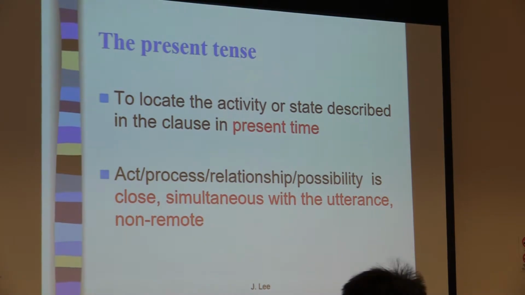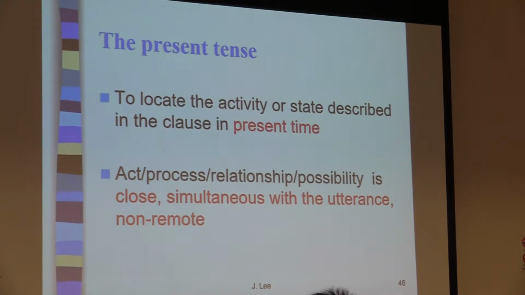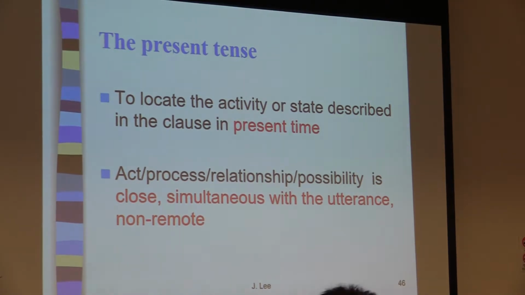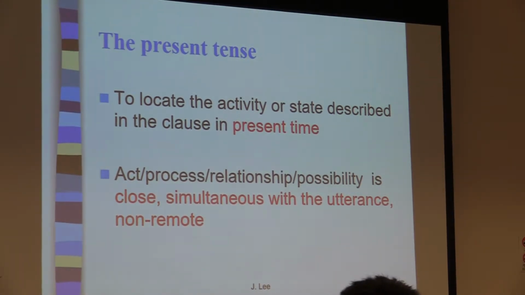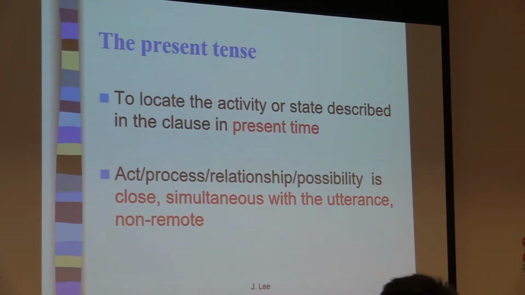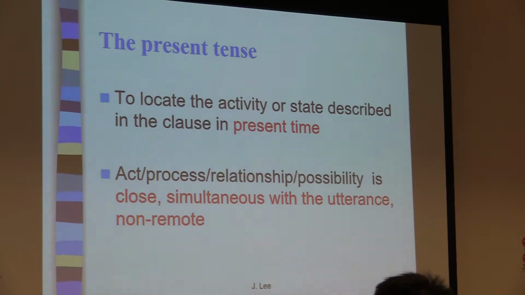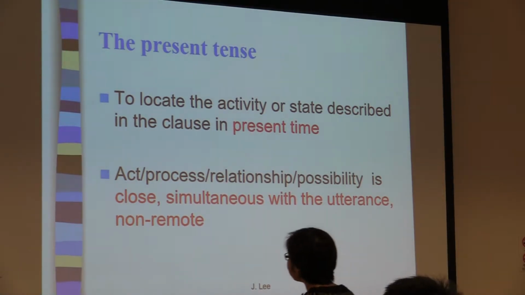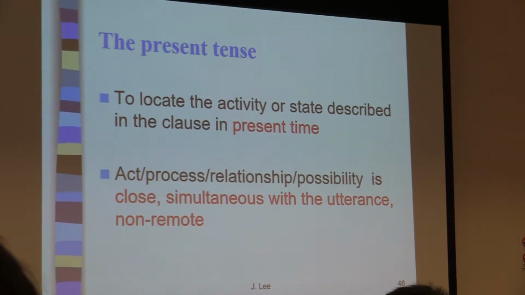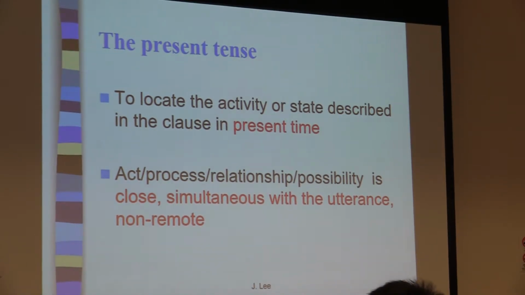And when do we use it? Right, in a commentary. When you're showing how to do something, you won't say, I am adding oil into the wok. So usually you just use the present tense. Okay. So the key point is that it's talking about the present time, something that is valid now. In terms of relationship, it is close to us, not remote.